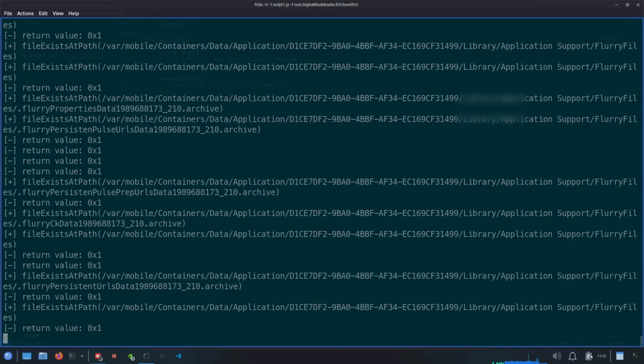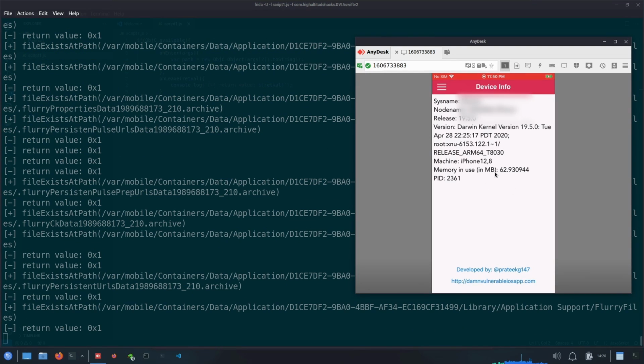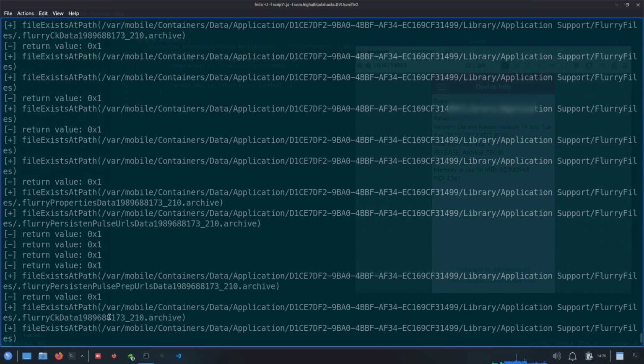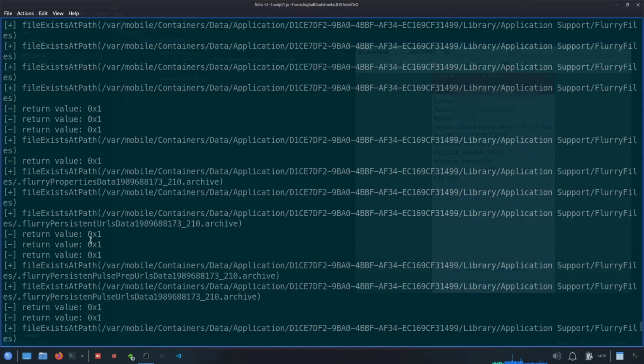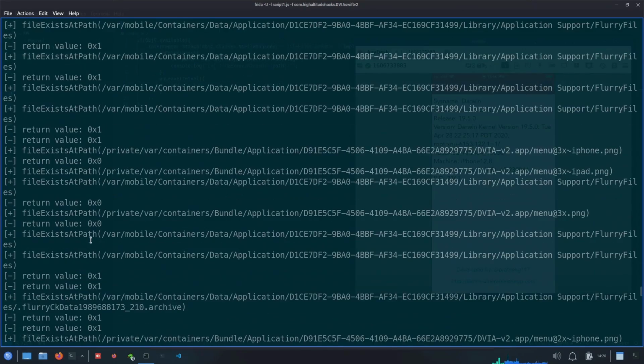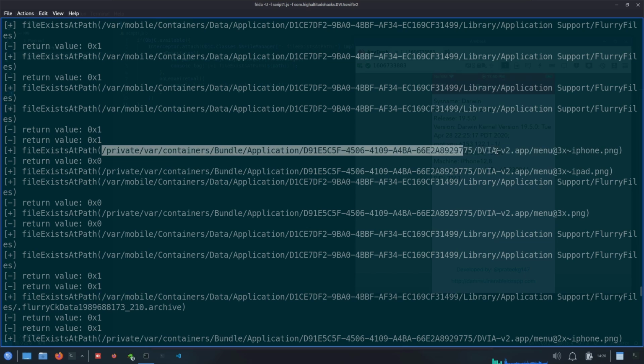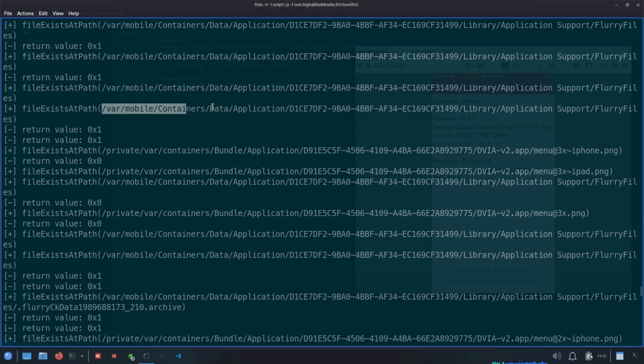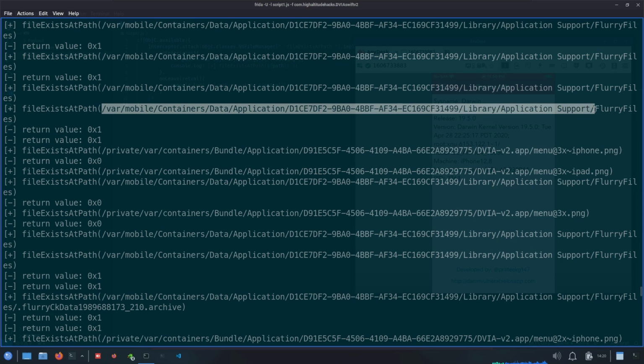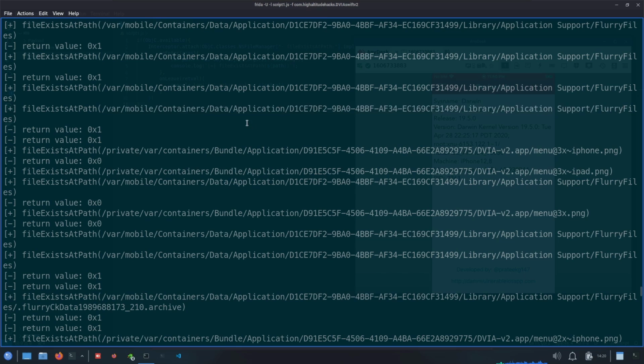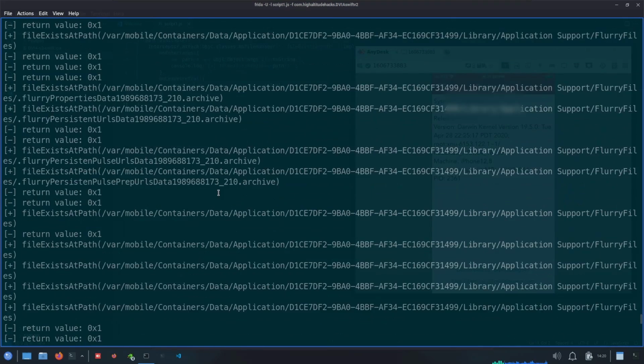Let's hit enter. So on the device, the application is launched, and in the console log, we can see that fileExistsAtPath is being triggered multiple times just on the landing page. And here you can observe the arguments, which are mostly the artifacts or the assets inside the application, which we saw after extracting the IPA file, right? So we don't have to bother about these. Let's come down,